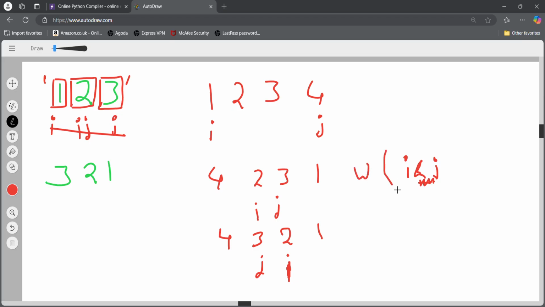So we're going to have a loop while i is less than j. We're going to swap the values at i and j, and that's it. So we can reverse the string. This is a very efficient solution, but